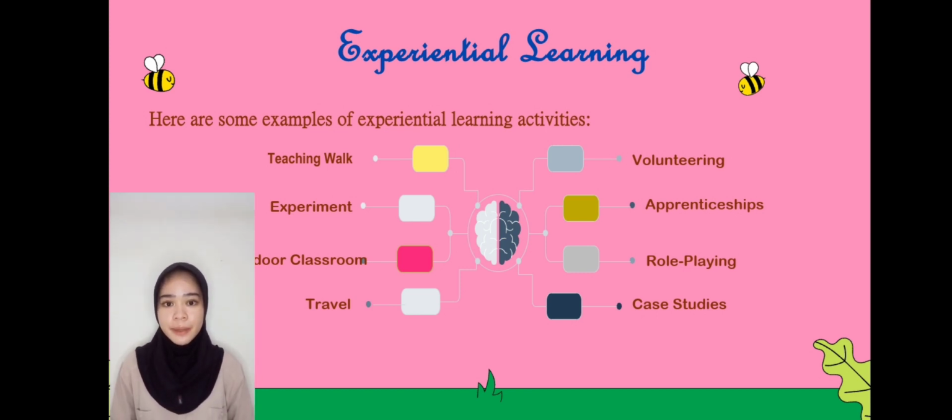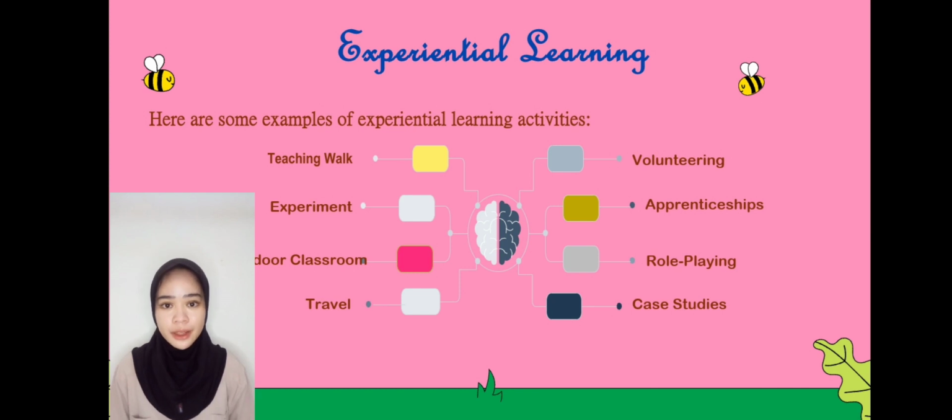And the second is experiment. Experiment can be considered experiential learning because students must decide how to investigate a question, collect data, and then critically analyze their findings. This approach can help learners to develop their scientific skills and language proficiency. And the third is outdoor classroom. Many experiential learning activities can be used in an outdoor classroom or for environmental education purposes. This might include visiting natural areas or parks, building trails, conducting water quality tests, and exploring ecosystems.